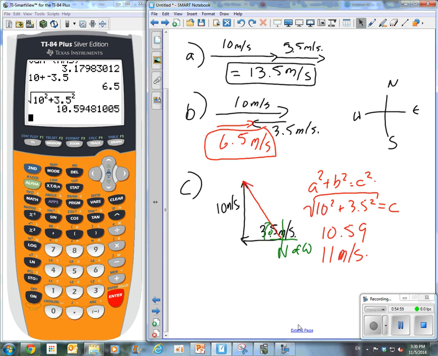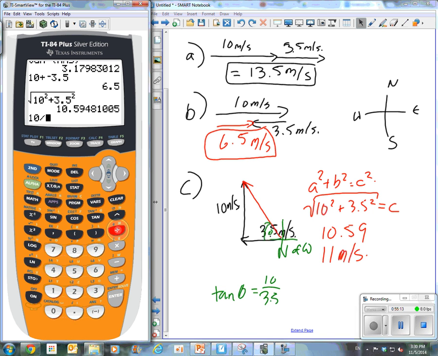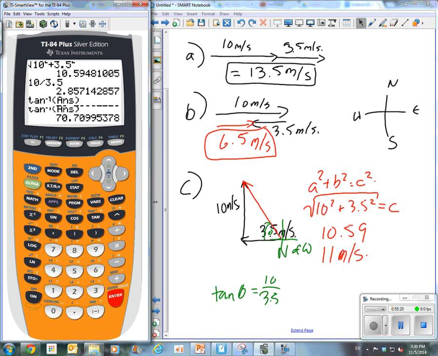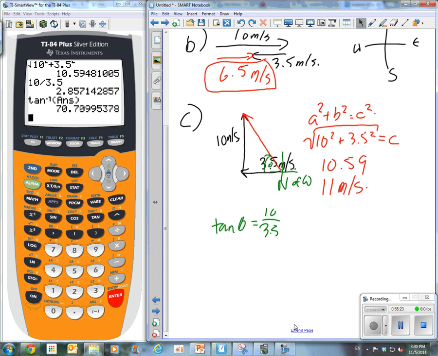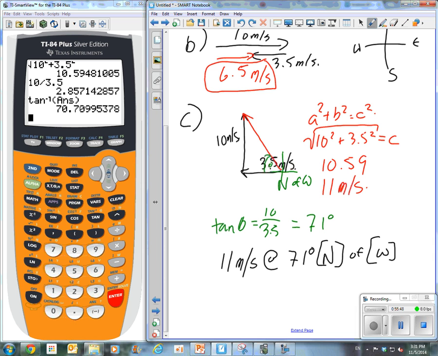Okay, so what we're going to do now is tan theta equals opposite over adjacent, which is 10 divided by 3.5. Now we're going to do the second tan of that answer. And we get 70.7 or 71 degrees. So the resulting velocity would be 11 meters per second at 71 degrees, and we said north of west. All right, so now